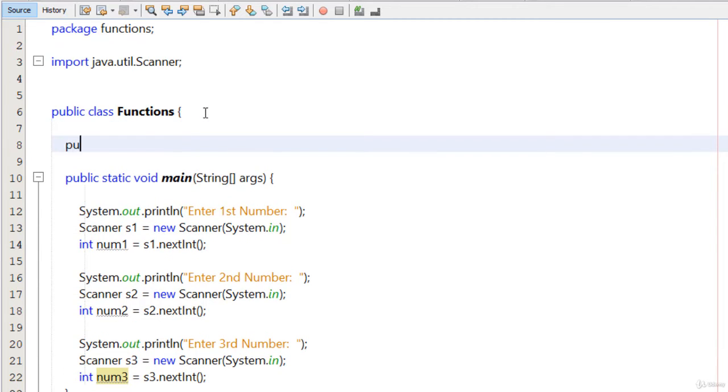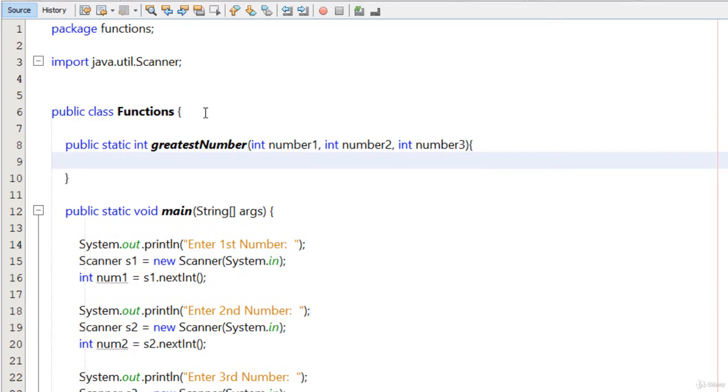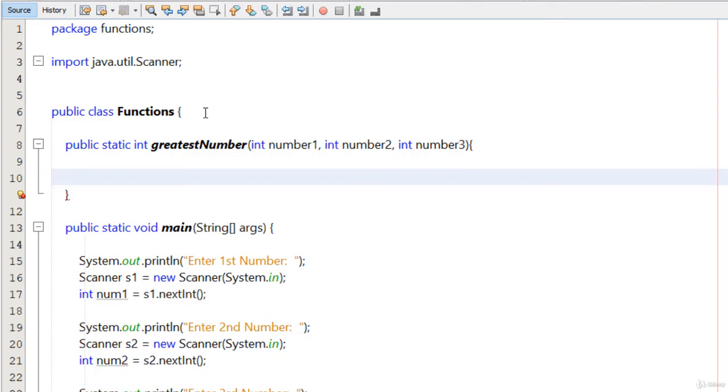So I type here public static, and it is going to return an integer type value, so I type here int, and the name of the function, I type here greatestNumber, and in the parameters I type int number1, int number2, and int number3. Okay, so in this body I have to type the code that will evaluate which is the greatest number among the three given numbers. So I type here if